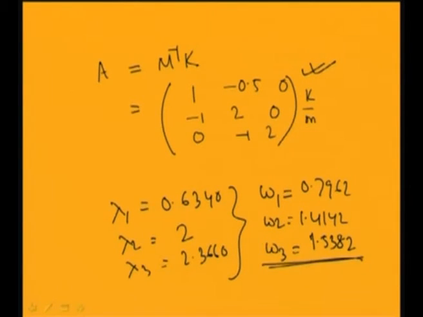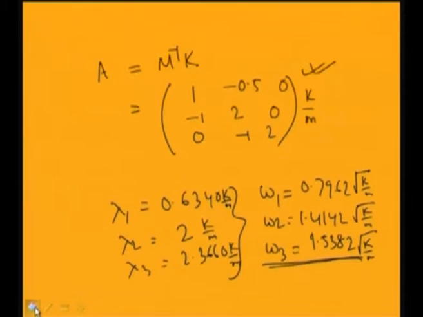So root over K by M. In all these cases this is K by M, the K by M and it is K by M. So this is K by root over K by M, root over K by M, and here also root over K by M. So this problem you can solve. Now you can find this phi by substituting A minus lambda I. You can find A minus lambda I, and finding the adjoint of this A minus lambda I by substituting this lambda value you can get the modal matrix.